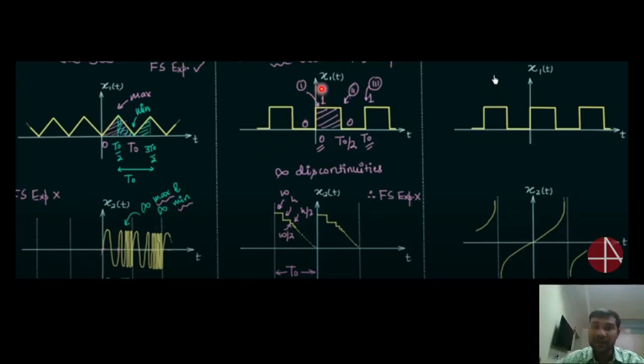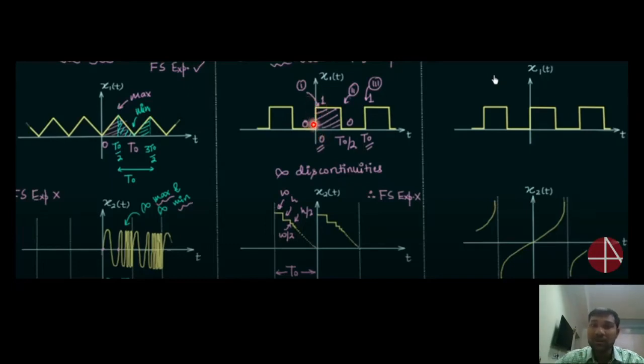The second condition: let us consider this signal x1 of t here. Here we are going to look at the number of discontinuities. Discontinuities means a sudden steep rise from 0 to 1 or any value, right? The steep, 90 degree rise. This is a discontinuity. Basically, at t equal to 0, we have 0 and 1 both. It's a discontinuity. We have studied the discontinuity in unit step signals also.